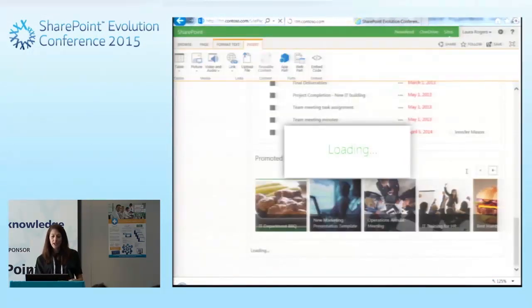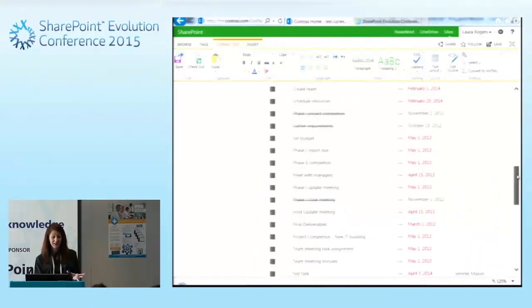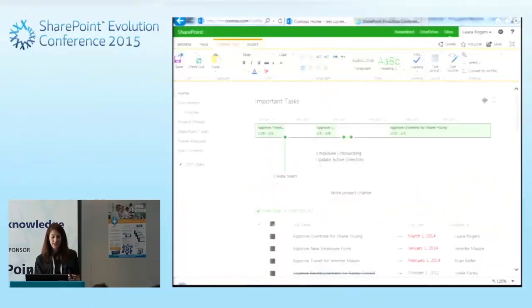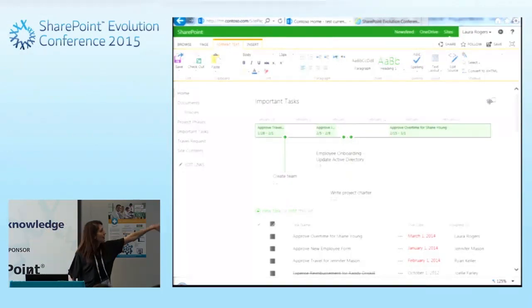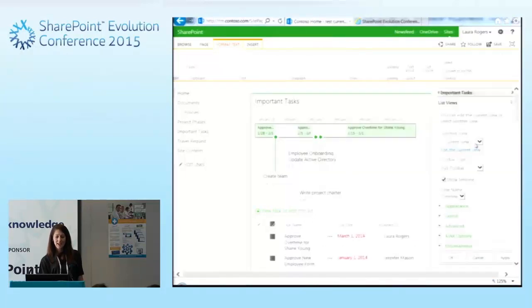Now, one little trick, it's sort of a bug, a trick to the task lists in SharePoint 2013. The bug is that by default, it shows this pretty little timeline on top of your tasks, but when you have this timeline, it doesn't let you do web part connections to it. I don't know if anybody's noticed that before, but if I create a different view in my list